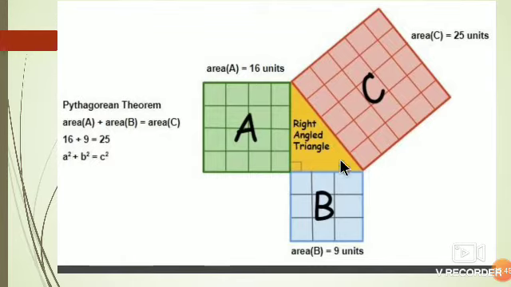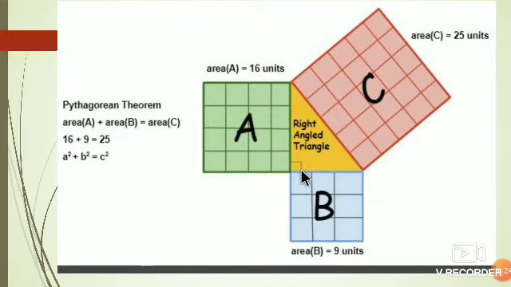This is the right angle triangle. If this length is 5 centimeter, this length is 3 centimeter, and this length is 4 centimeter. So if we draw one square, here it is 5 centimeter, square means all sides are 5. So we can divide this square into 1 centimeter small squares. So we will get here 25 such squares. 1, 2, 3, 4, 5. 5 plus 5, 10, plus 5, 15, plus 5, 20, plus 5, 25.